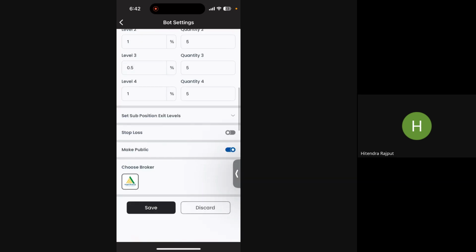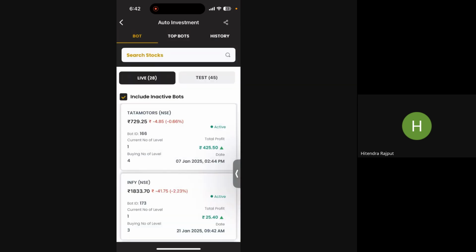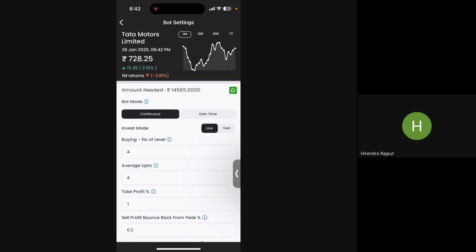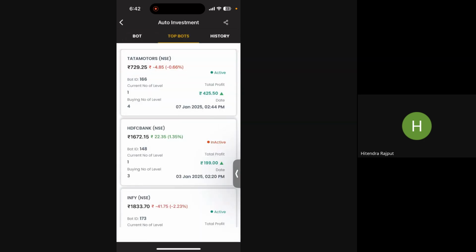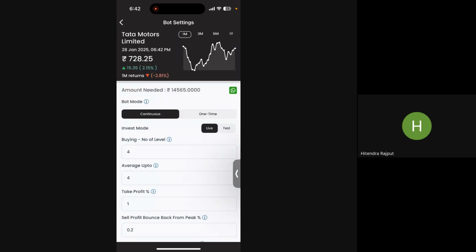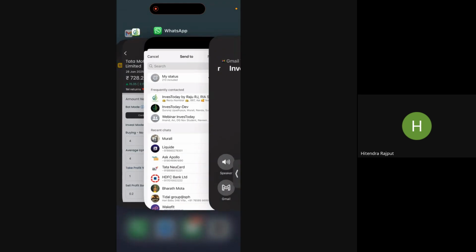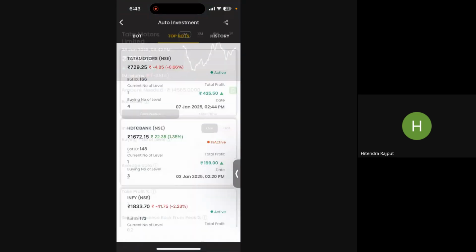And I have linked it to Angel One Broking. I have made it public, which is why it is showing in top bots. Okay, you can see the top bots here. Whoever downloads our app will have all the top bots in their dashboard, or you can come into top bots and see all the bots which I have created and kept live. You can just click it, and if you want to copy it, you can copy it. You can share this bot on WhatsApp. Okay, so there are a lot of other features which you can